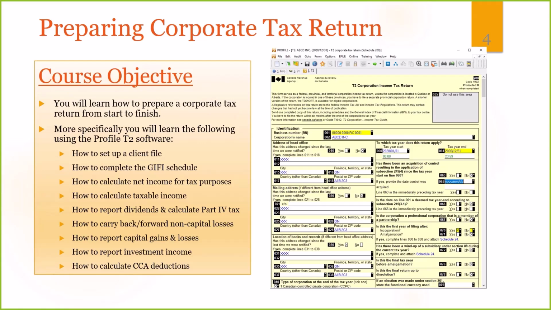We'll talk about the capital gains. How do you report capital gains and capital losses? What schedules are applicable? Again, what schedules are applicable for all the topics we'll be covering today? You will learn about how to report investment income in the tax return and how is investment income taxed, why it's different from the active business income,